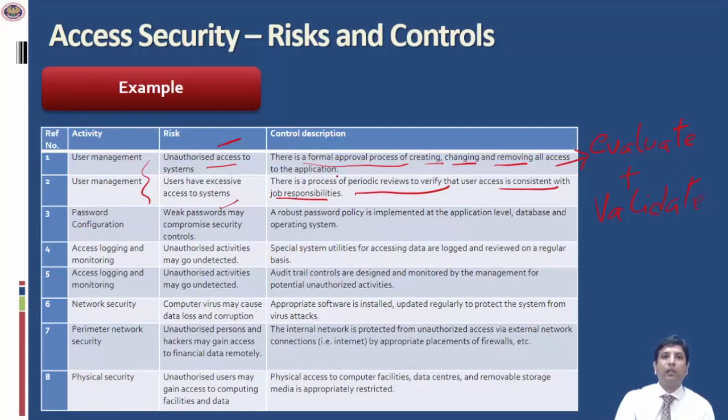Once feedback is received from all the departments about the access level and the confirmation is obtained by IT, IT should implement all these changes, if any, into the systems. It is not enough to do a review. It is also important to take action on the result of the review.